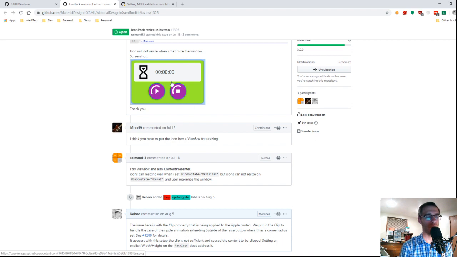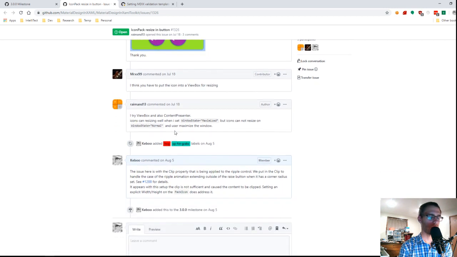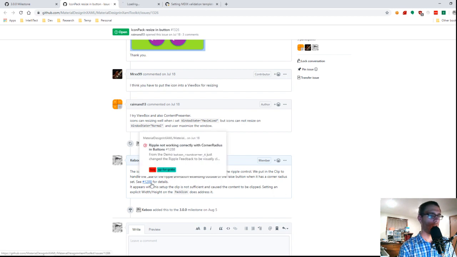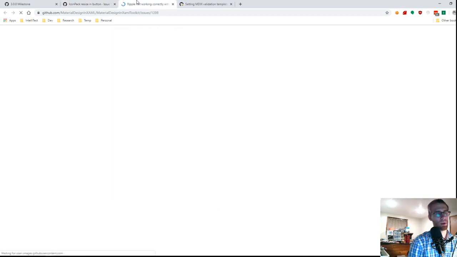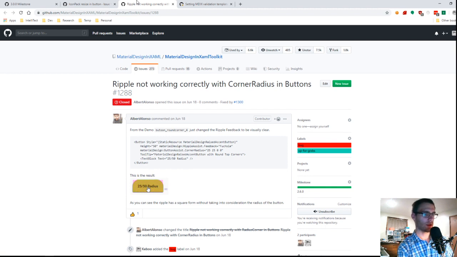So we have rounded buttons. And inside of our rounded buttons, there is a clip that we put in to effectively clip off that ripple effect so that it doesn't go out to the full square. The problem is it appears that that ripple effect goes through and is not quite sufficient. So step one, this was the bug here, and you can see in the nice slow motion for our buttons that have custom radii on different corners.